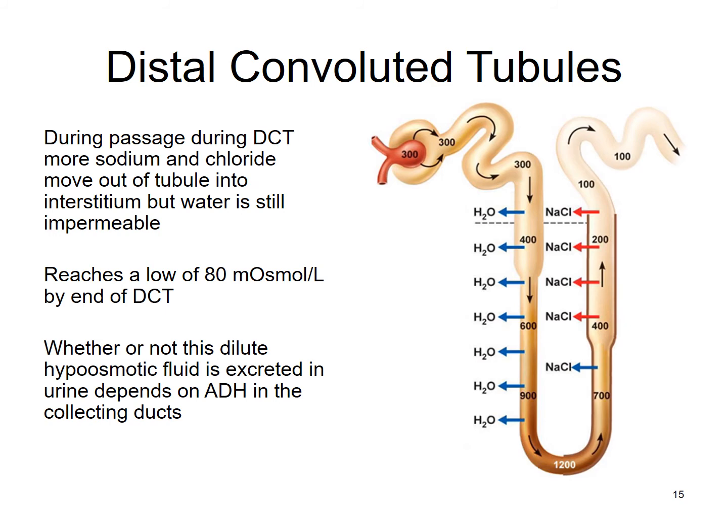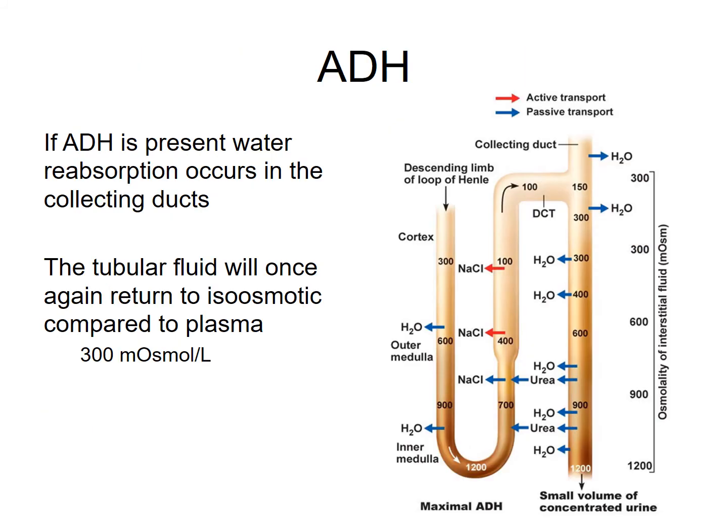Now, what happens at this point? Because at this point, you're going from the nephron into collecting ducts. And so the collecting ducts are actually going to be what's going to determine whether you're going to excrete this dilute fluid or whether you're going to concentrate it. So if we look at this,